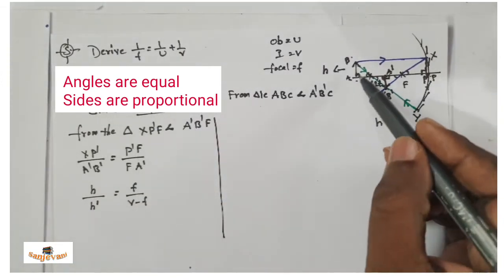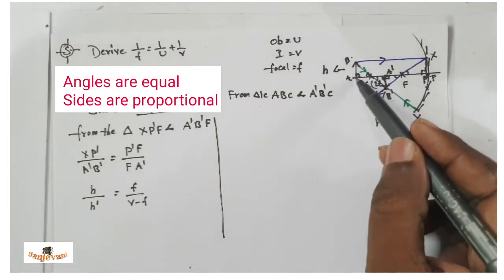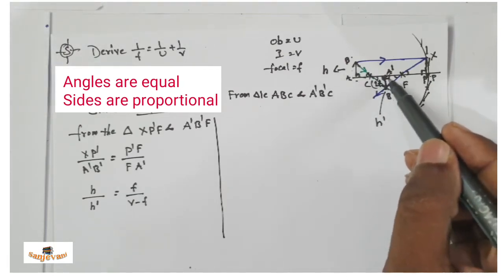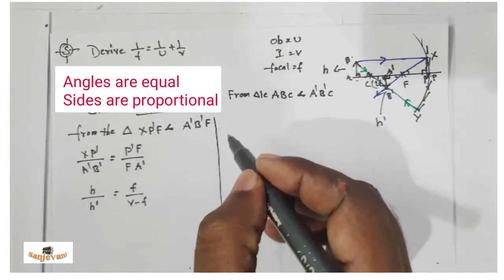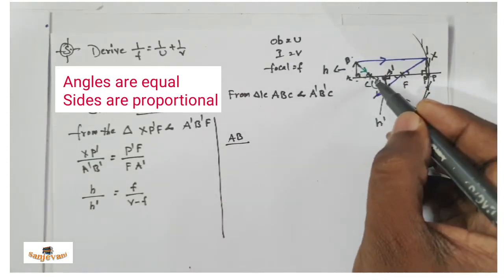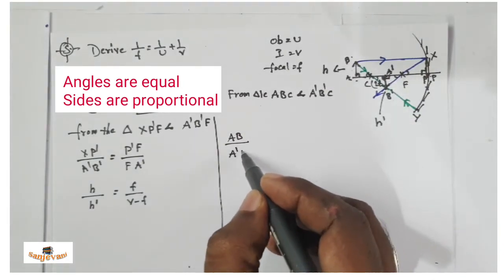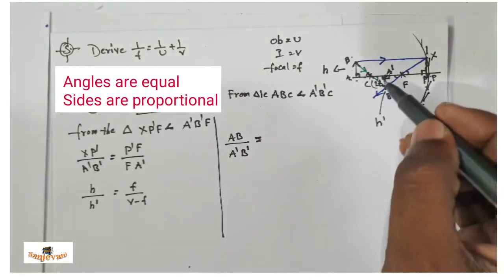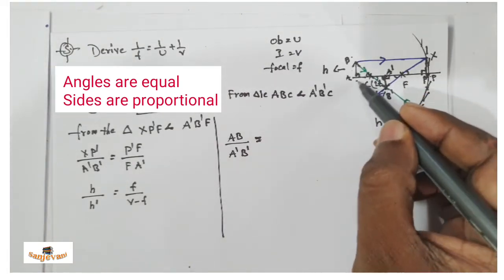Then let's go for sides. This side by this side must be the ratio of these two sides. Let me name these sides. It is the opposite side, and this one is the opposite side. Let me take two opposite sides. That means AB by, here I am writing AB, in this triangle, the opposite side. In this triangle, what is the opposite side? A dash B dash. The ratio of this must equal with the next. Next I am taking adjacent. What is the first triangle's adjacent side? What is it here? This one.